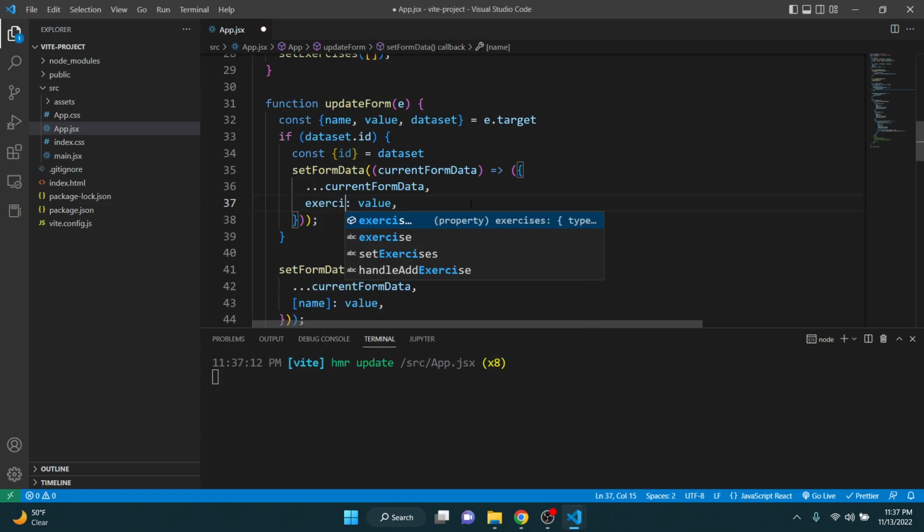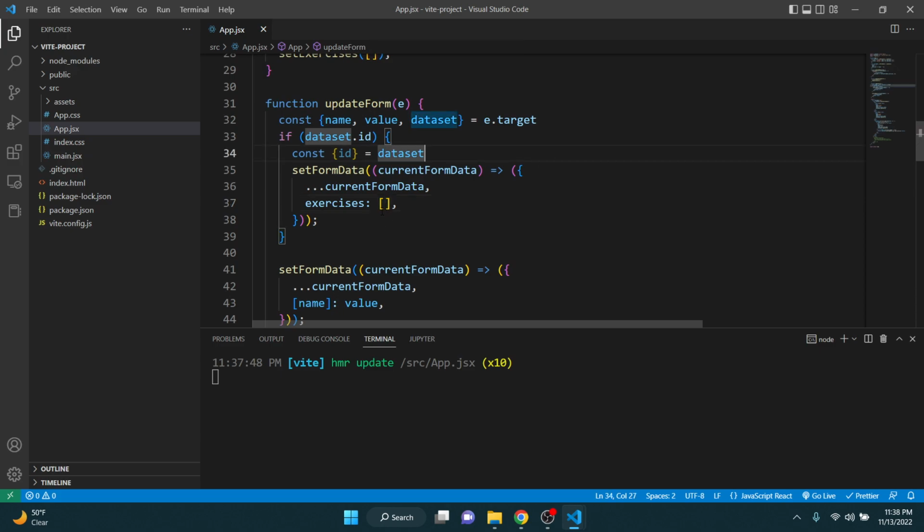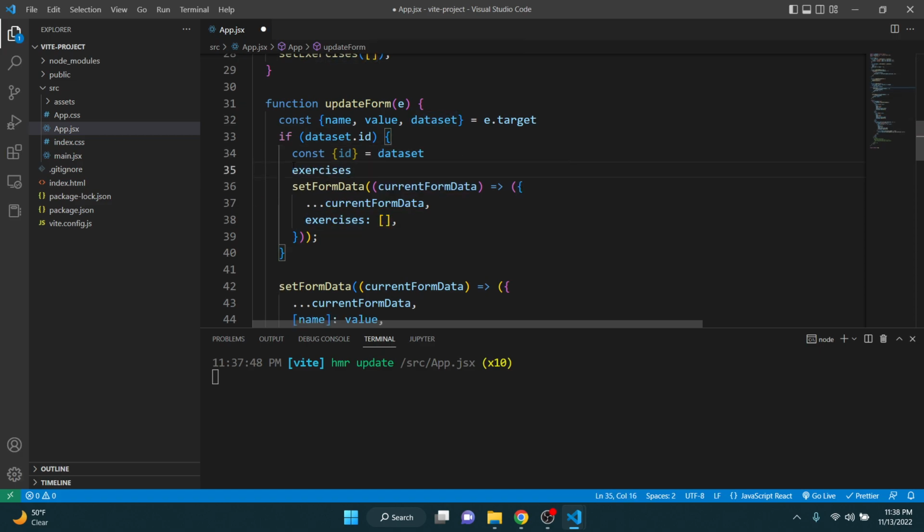So exercises. What's a good way to do that? We can make a copy of exercises, I guess. So you take exercises, updated exercises